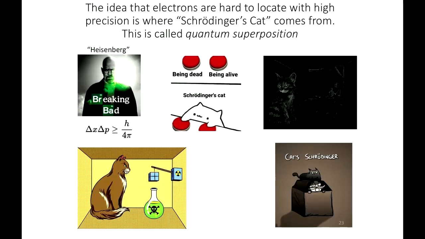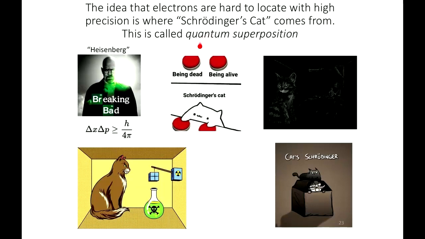Just like, this is just a thought experiment, if you put a cat in a box with poison in it, and you close the box. If the box is closed, you don't know if the cat took the poison and died, or if it didn't take the poison and die. One of those two scenarios is going to be true, right? So when the box is closed, the cat is both dead and alive at the same time, because you don't know whether the cat has taken the poison or not, right? So it has to be both.